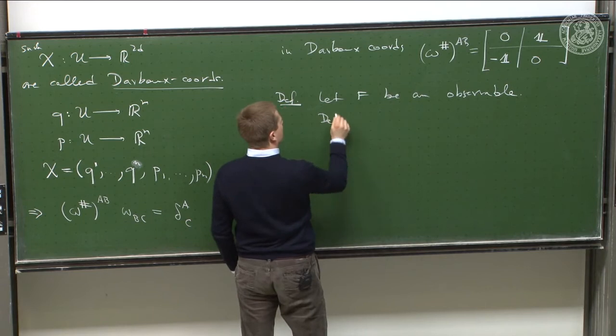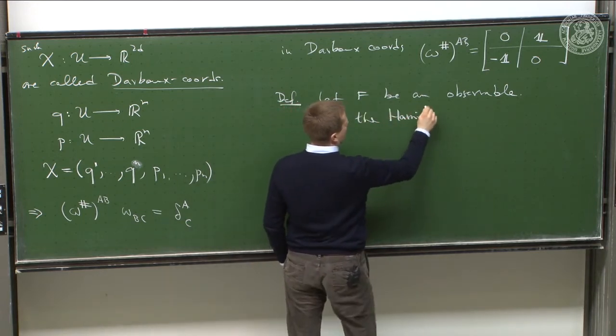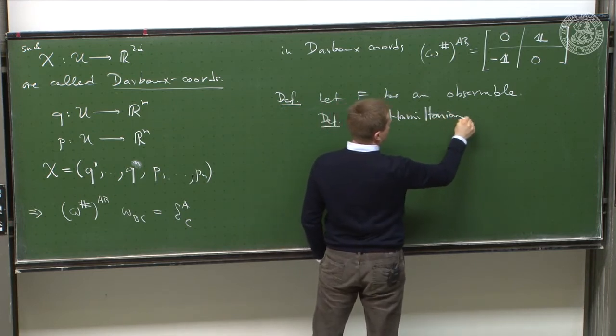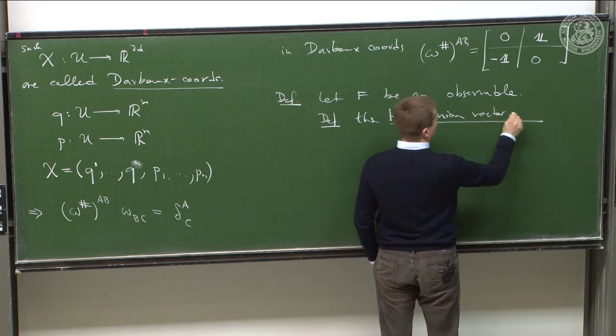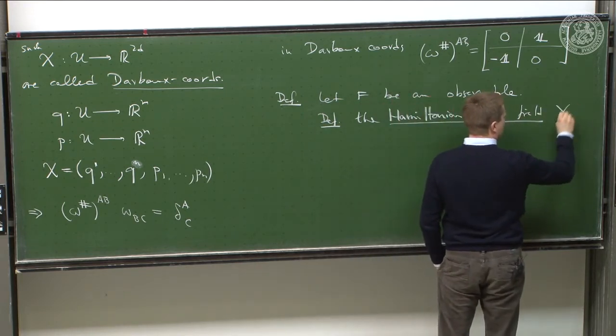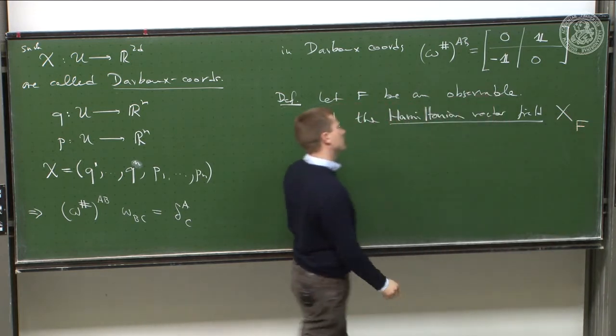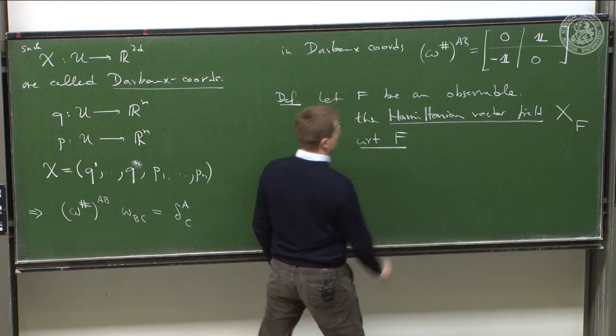Then we define the Hamiltonian vector field. Again, it has nothing to do with the Hamiltonian. The Hamiltonian vector field, let's give it a name, capital X sub F, with respect to the observable F, that's the full name,